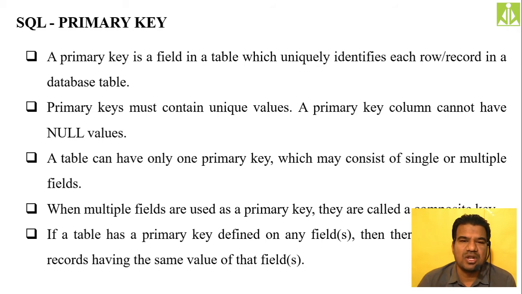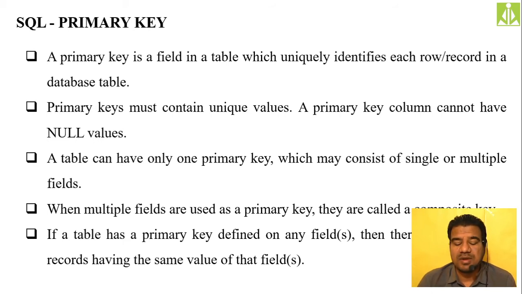So for a particular roll number, the student name needs to be this only. If that roll number you use for another student, it will give an error. Only one roll number for one student. If you try to take the same roll number for another student, it will give an error. So likewise, collectively you can put columns inside the primary key.